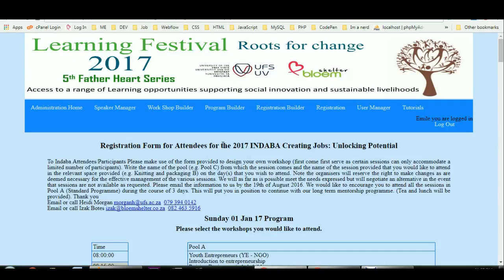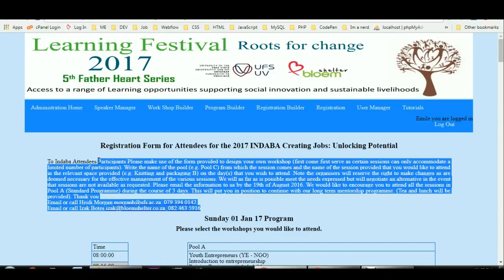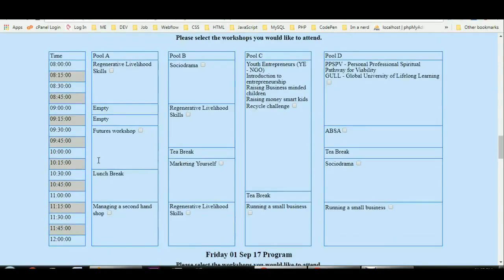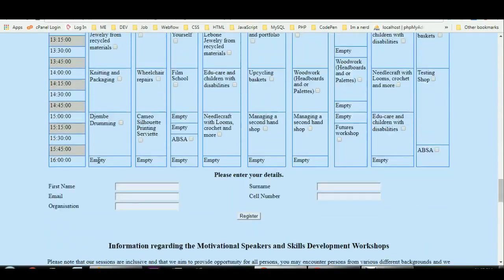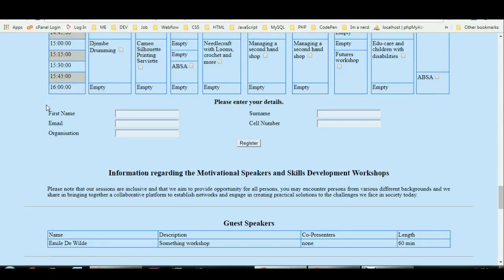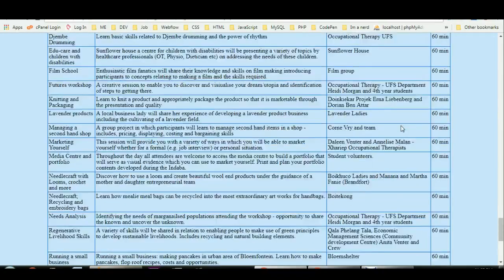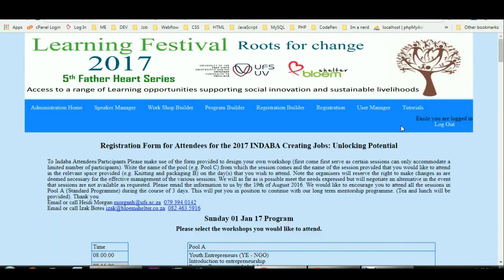So this over here will be your large heading, your small heading. This would be that text area, and then in the registration builder, you can drag and drop the form where the user will put in the details. It only shows up in the registration preview and the registration page itself. So I've actually set up this year's program,